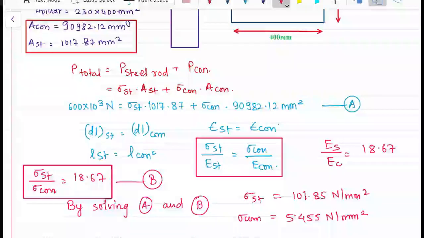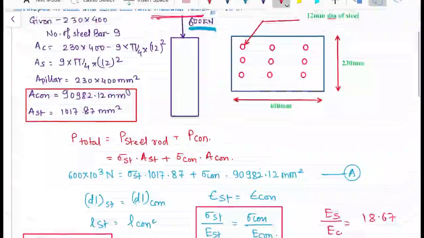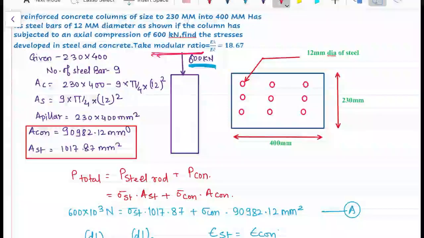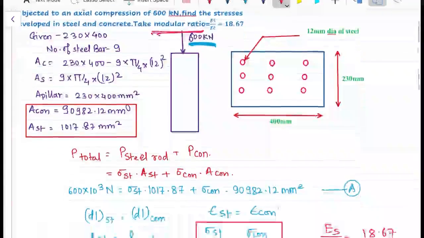Now whenever there is a problem of bars in parallel, every time try to apply these two equations, and by applying these two equations try to find out the stresses which are there in individual bars. Once we get to know the stress value, then as per the difficulty of the problem we have to mold our model of problems. So this is our first problem. We have completed this problem. If you have any doubt, please put your doubts in the chat box.